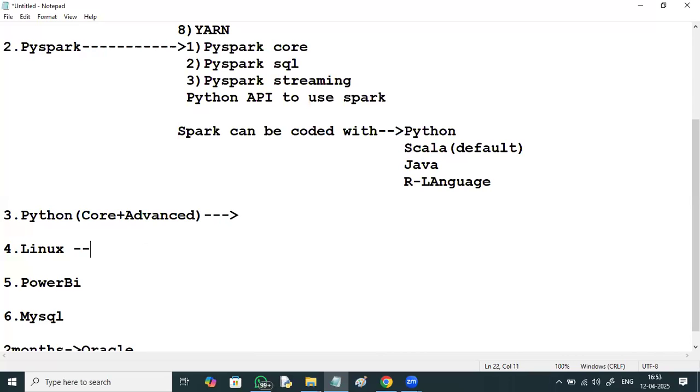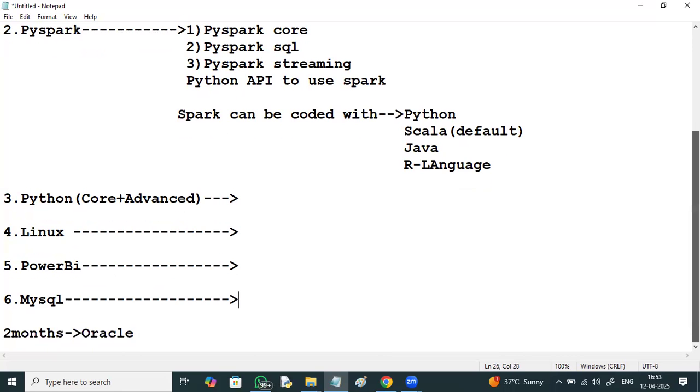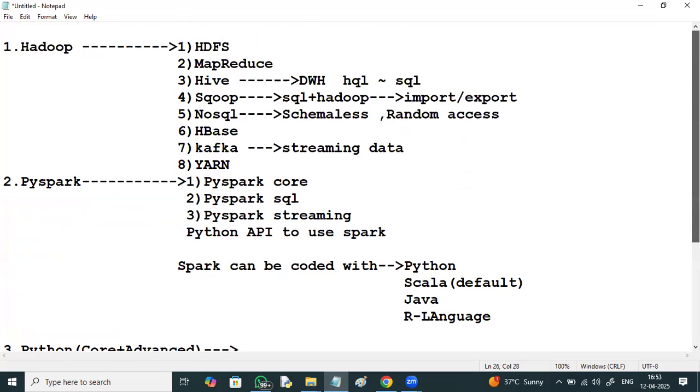And Linux, up to what extent you need to have the knowledge, because in the real time, it goes in a Linux environment, and Power BI, and MySQL database. Any technology requires a database. Here we won't be using a database, but we'll be pulling the data from the databases. See, how is Hadoop going to get the data?